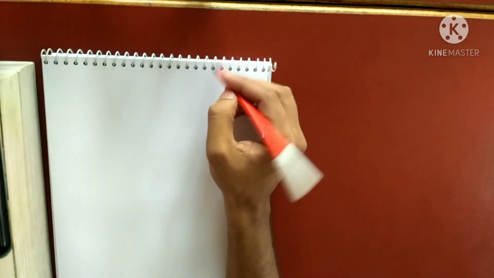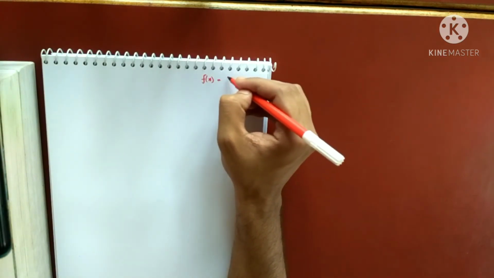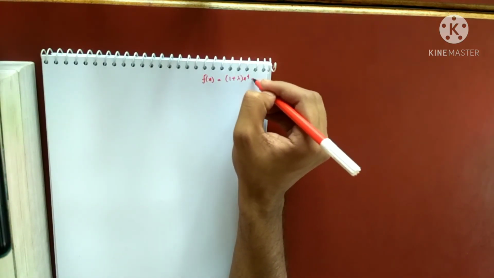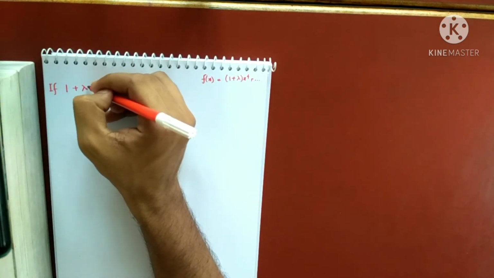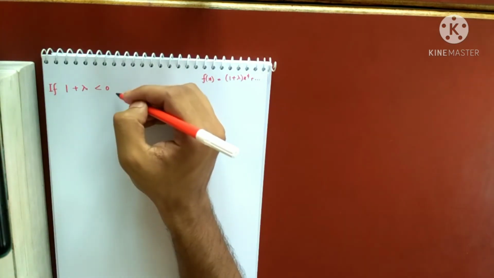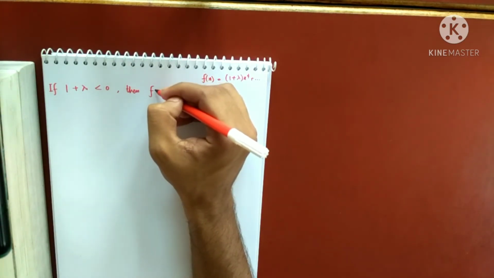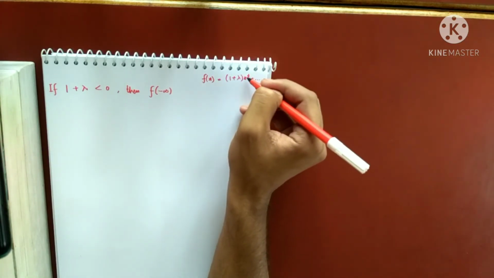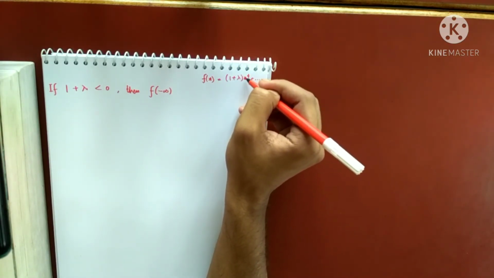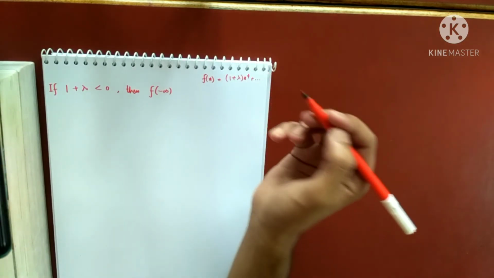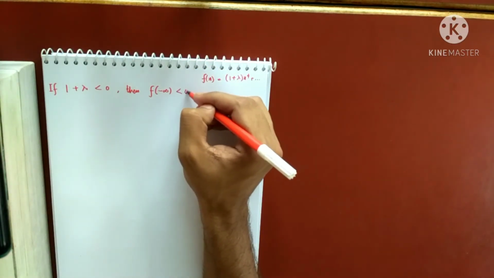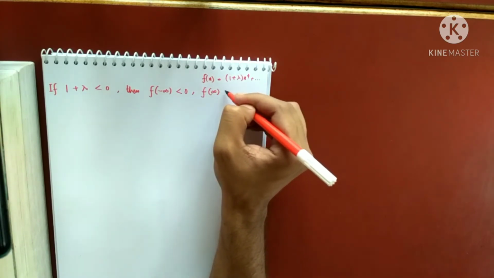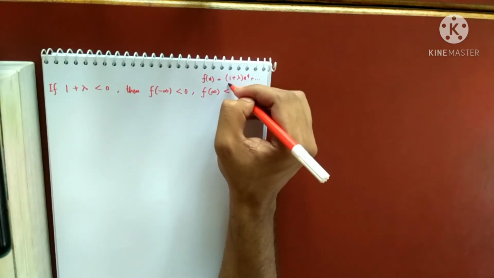So remember, don't forget that f of x is 1 plus lambda x to the power 4 and a few other terms, right? So if 1 plus lambda this time is a negative quantity, then f of minus infinity, you see, I am putting a very big negative quantity here. So minus infinity to the power 4 will make it positive, but this sign being negative will eventually make it negative. And the same reason for f of infinity. f of infinity will also be negative, just due to this sign.